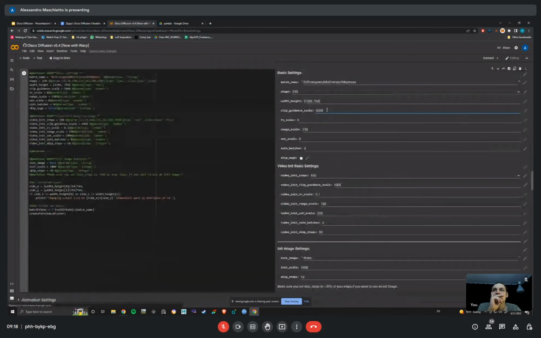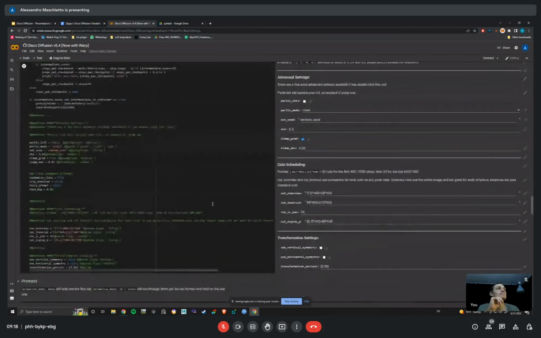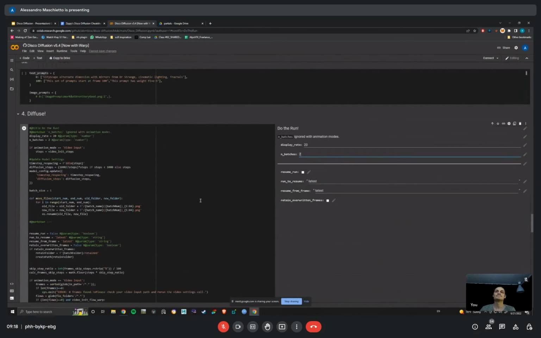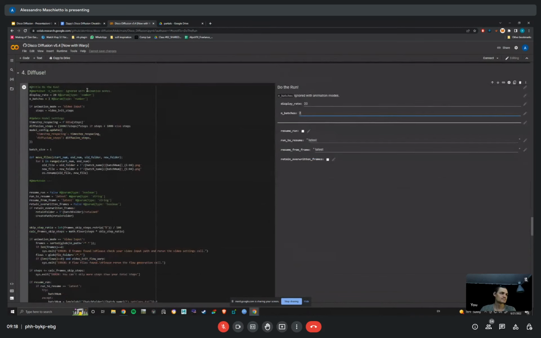And this one is gonna go 50,000 city. Number of batches is how many images it will spit out. Let's say 2. Okay, so we are ready, and what we do right now is we go here, runtime, and run all.